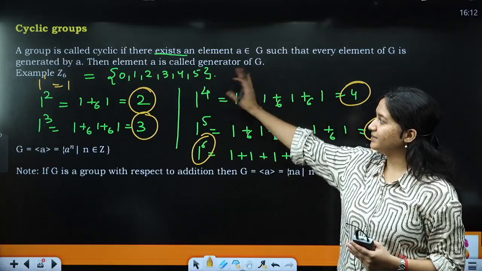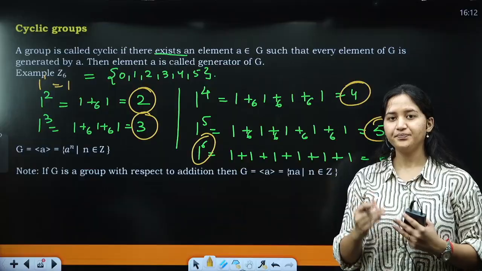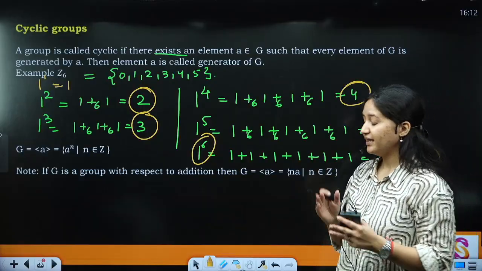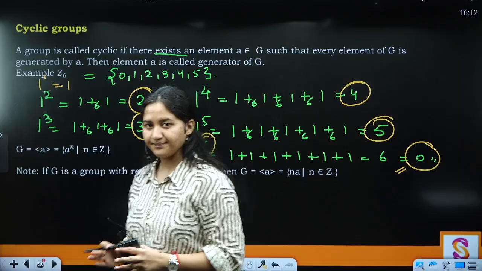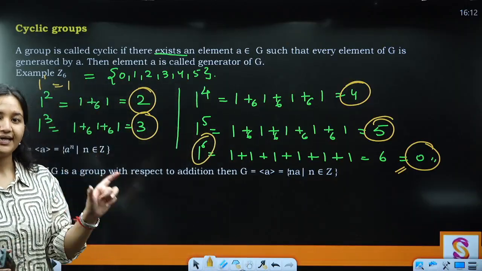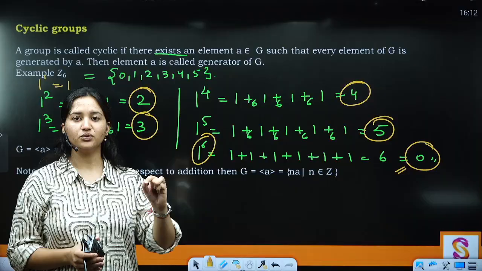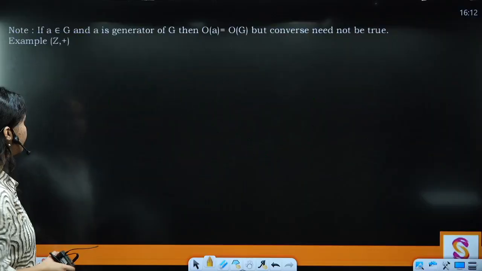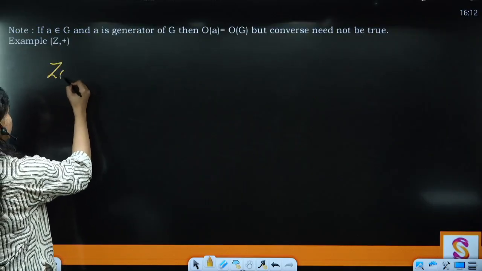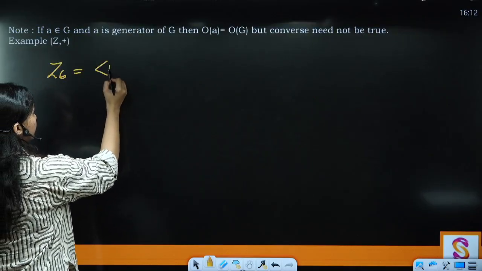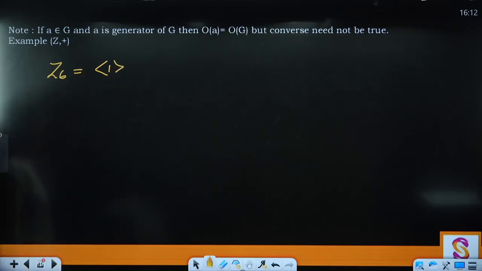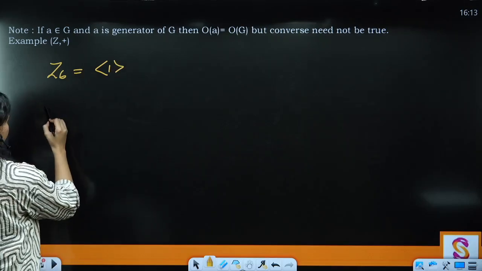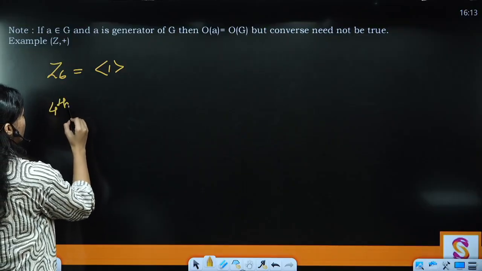And how many elements are there in the group Z6? There are 6 elements. That means if a generator is there for a group, the order of that element is going to be definitely equal to the order of that group. Clear? तो यहाँ पे आप Z6 का एक एग्जाम्पल ले सकते हो, that for Z6 the group is generated by 1. अब आपके पास एक और एग्जाम्पल है, you can take the group of